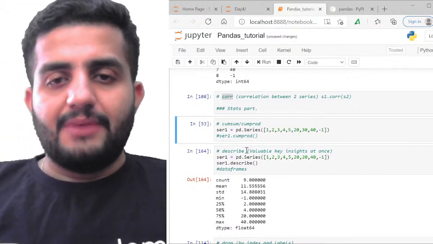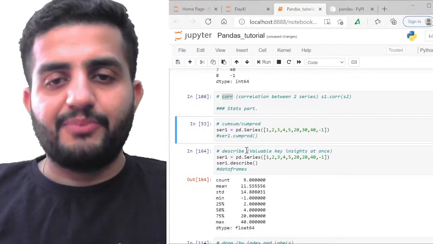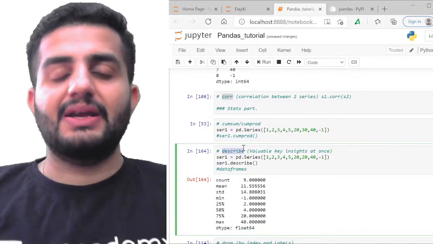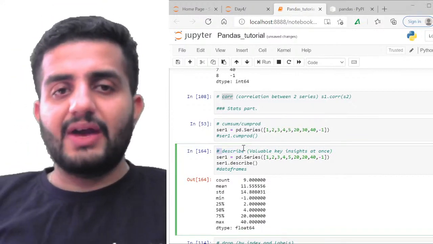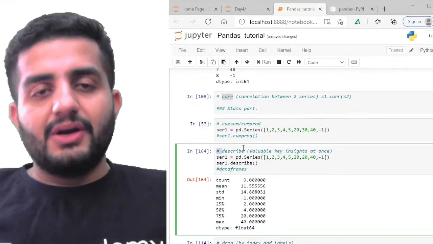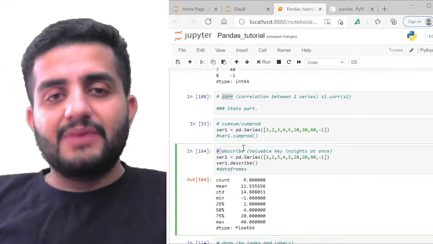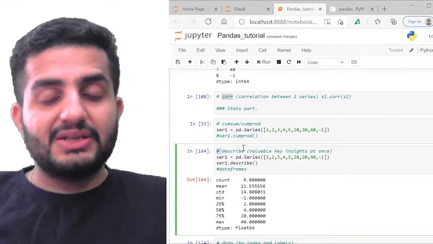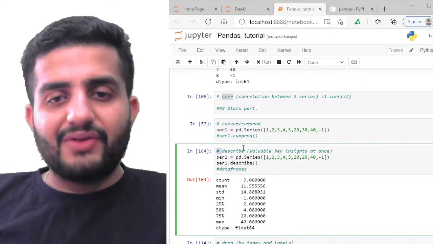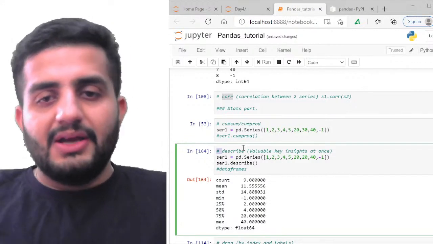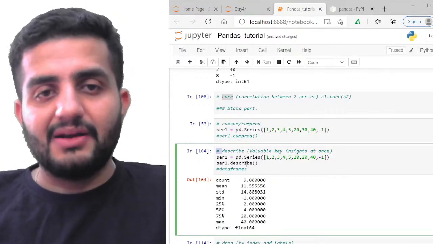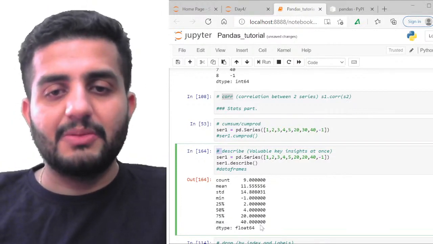Great. After cumulative sum and cumulative prod, guys, we have another function called describe. Describe is again a very good function. In fact, describe has its usage in multiple places. You remember we were talking about data frames also some other day. Describe on data frames is very good and very important. Likewise, we also have describe for the series element. By default, describe as a function has certain characteristics which it will print.